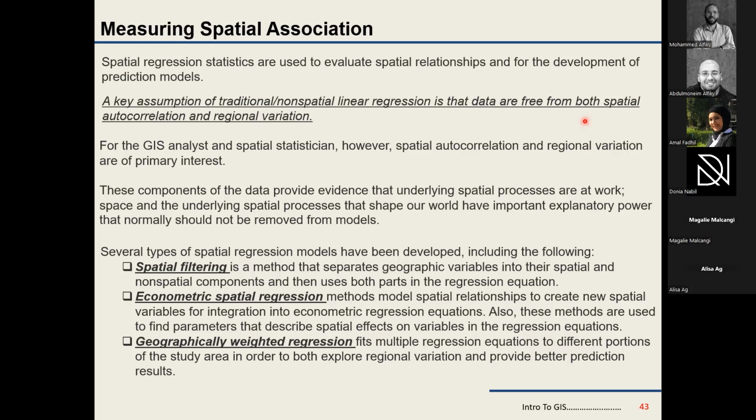We have ecological spatial regression. We have geographically weighted regression. I think for geographically weighted regression, you'd find a lot of literature on it. It's quite prolific as a regression tool to be used with spatial analysis. Of course, running that, you'd find that those tools account very much for spatial autocorrelation and for regional variation. And this is where we have a great difference from